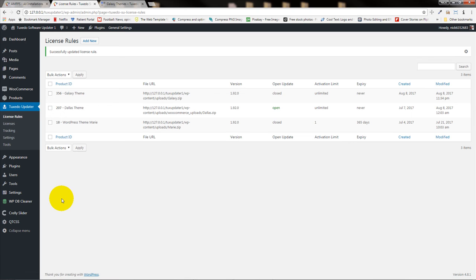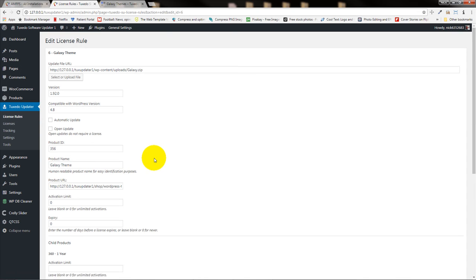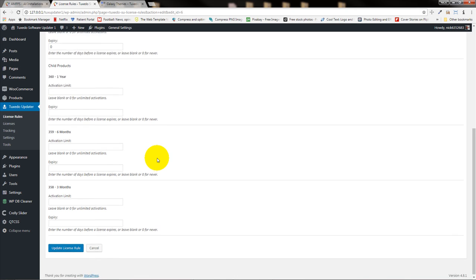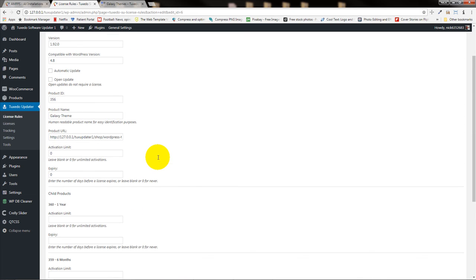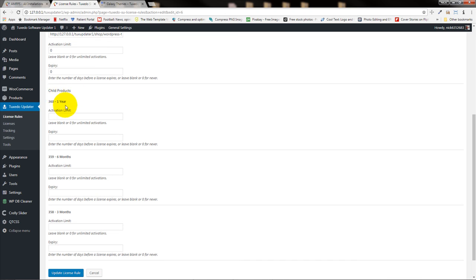Now, once we saved it, we have to edit it, because at that point we weren't able to see all the variable options. So once we edit it, you're going to see that the screen is going to be a little bit different. We're going to have more fields, and it's going to have now the child products or the variable products. So for 1 year, the activation limit is,